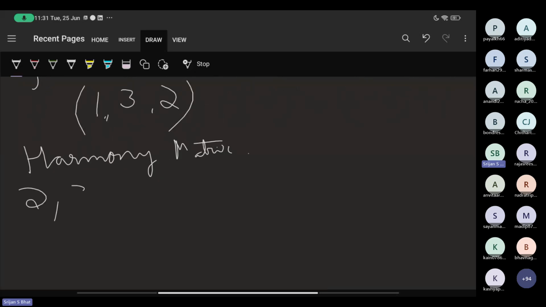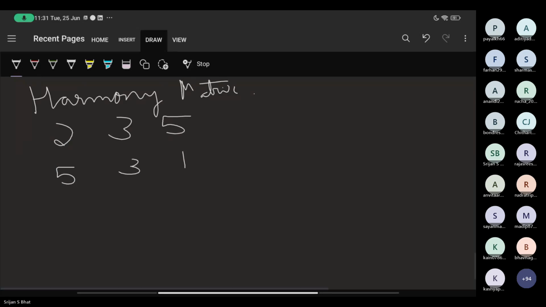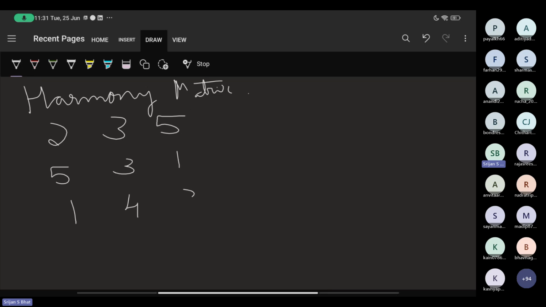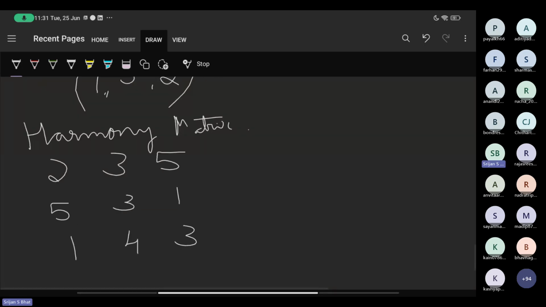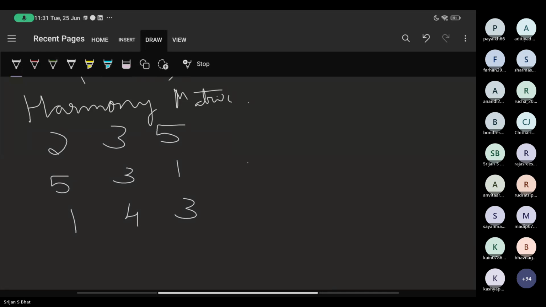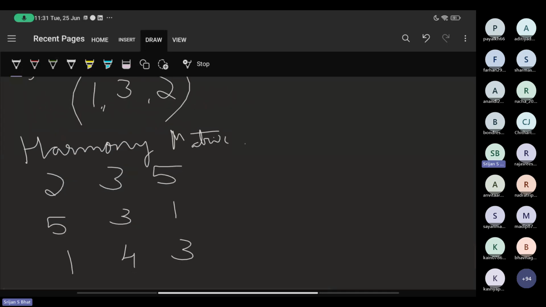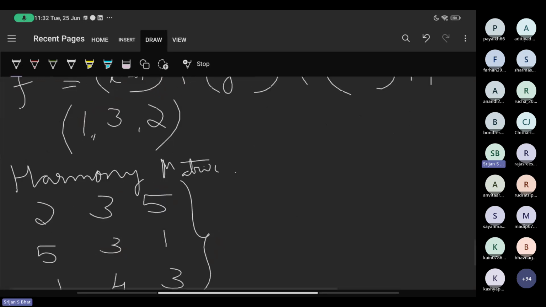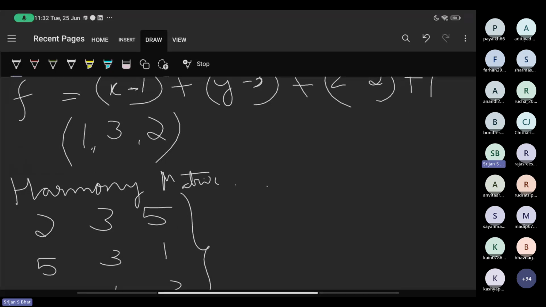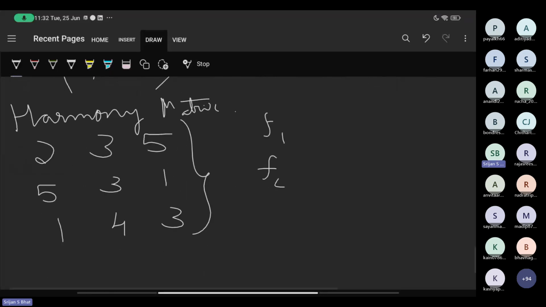Say the initialization is a matrix, like 2, 3, 5; 5, 3, 1; and 1, 4, 3. Say this is your harmony matrix. This is a random initialization. You plug it into the function and you get some values here: F1, F2, and F3.